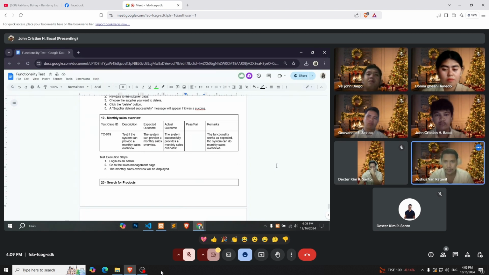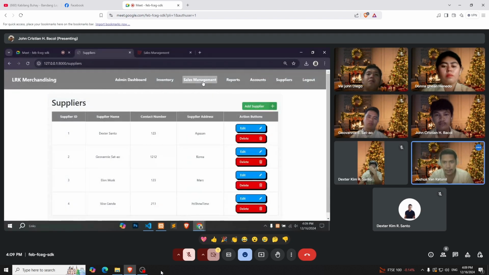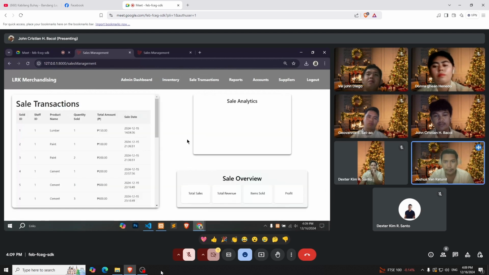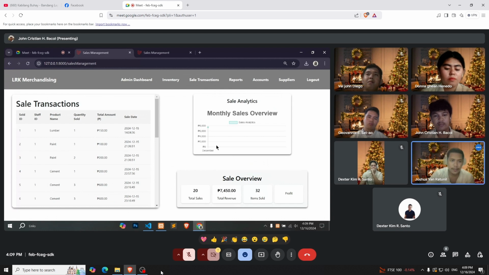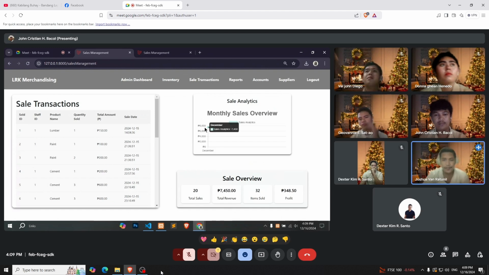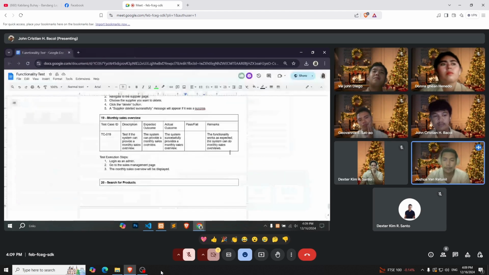Test execution: log in as an admin and then go to the sales management page. And then the monthly sales overview will be displayed. So you can see. So the actual outcome is the system provides a monthly sales overview.